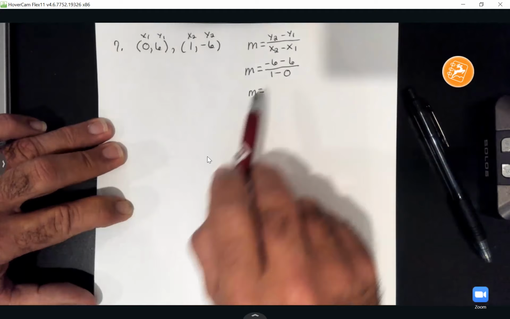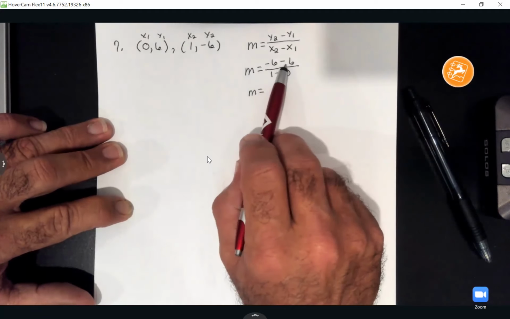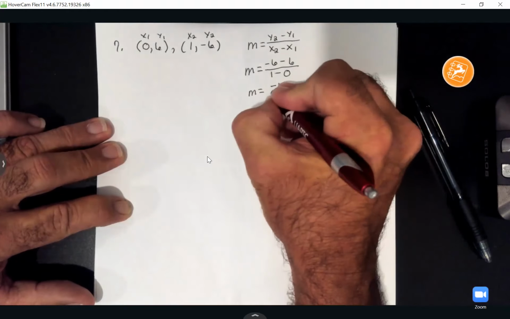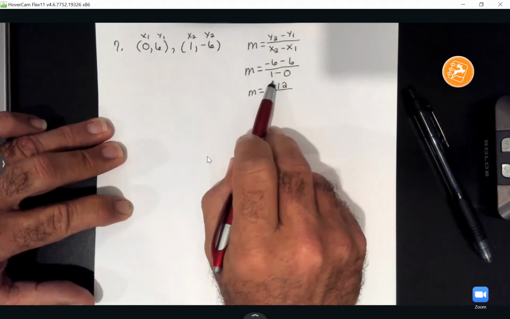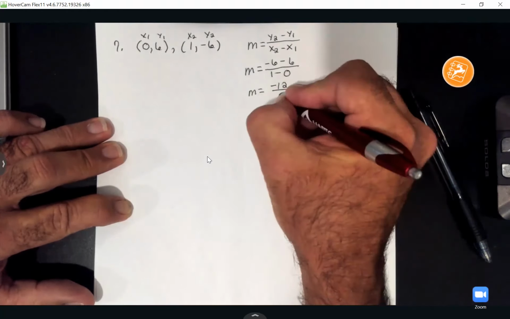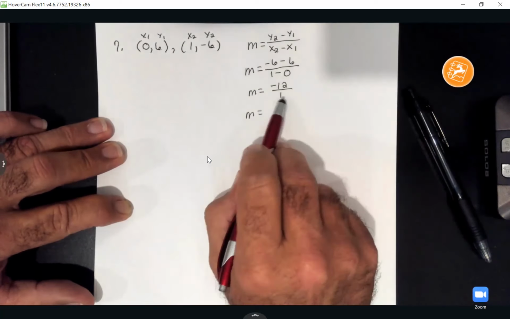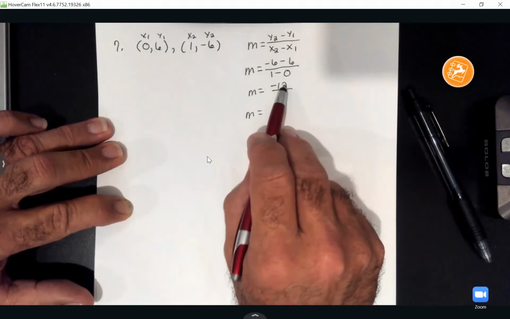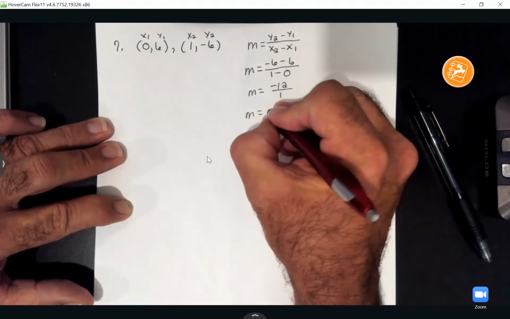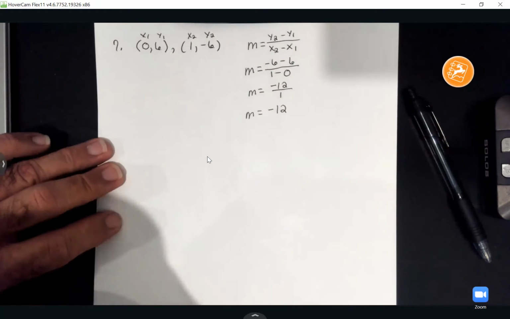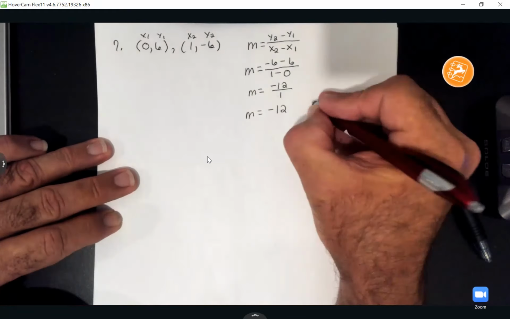All right, y'all, so let's see what we get. -6 minus 6 is a -12 on top. The bottom, 1 minus 0 is 1. Now, I can simplify this on down. -12 divided by 1 would give me a -12. But y'all remember this. The slope